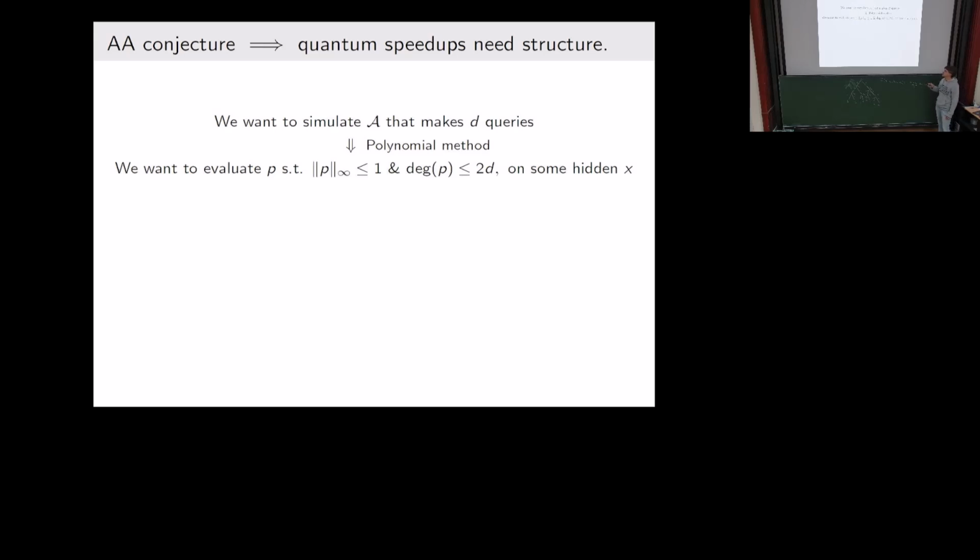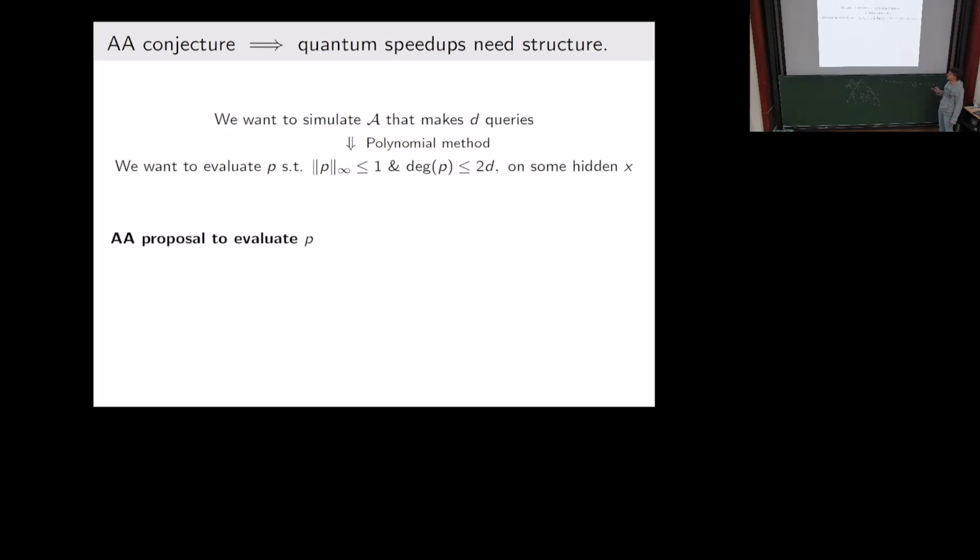So now we are going to just focus on this, and how can we show that this is true if the Aaronson-Ambainis conjecture is true? Well, they propose in that paper a way of evaluating the polynomial by making a very small error almost everywhere, and this way was somehow the natural one that you could expect after seeing this conjecture, which is first, I don't know anything about the input, okay? So what makes more sense is to query the most influential variable, because that is the most relevant variable for the polynomial. So I just pick P, I take i1, the most influential variable of P, and I just query